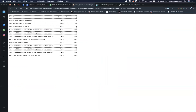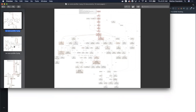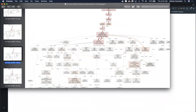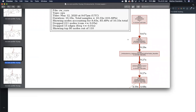We see that the ports were discovered after 130 seconds, and the profiler is taking one snapshot every 10 seconds. So we can just download all the profiles, all the images for that particular container in that build, and go looking at number 13 and 14, which are the ones we captured while the flow processing was going on. The profiler generates this kind of images. It describes when it was captured and what was sampled,